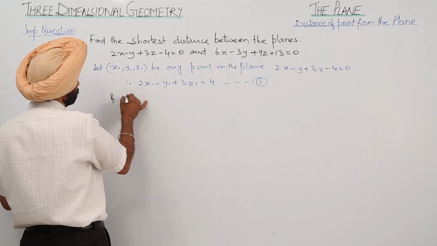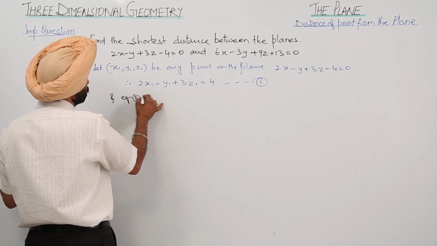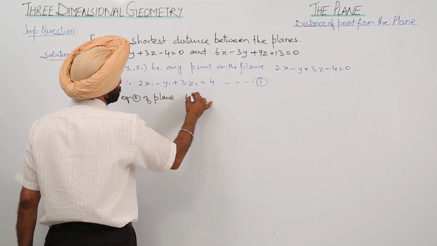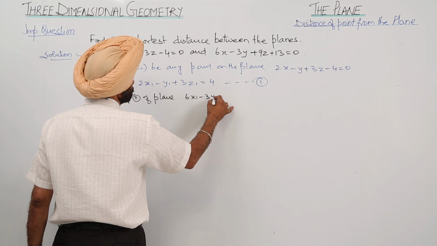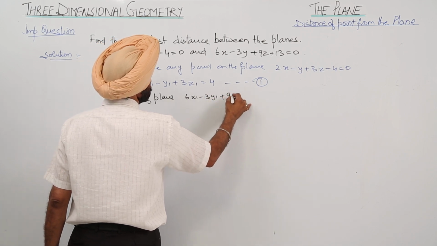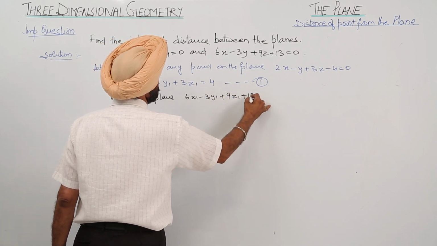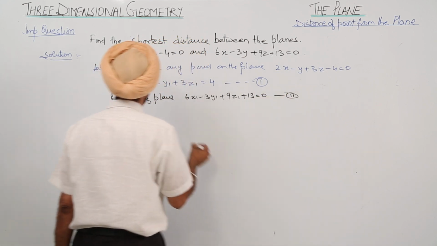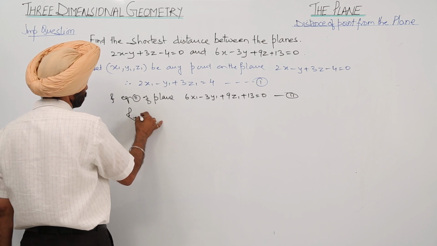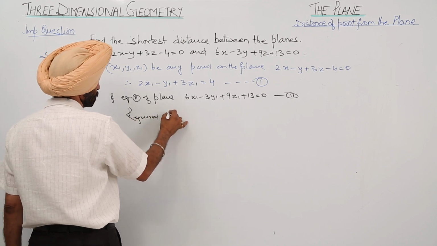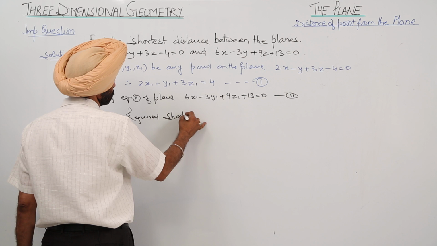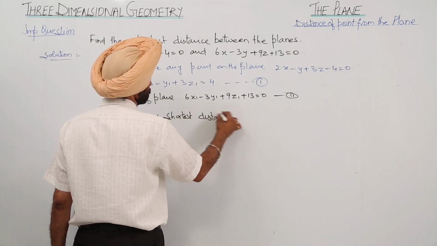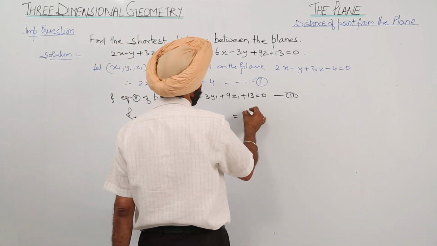Now, equation 2 of plane is 6x1 minus 3y1 plus 9z1 plus 13 is equal to 0. This is equation 2. Now, required shortest distance is equal to